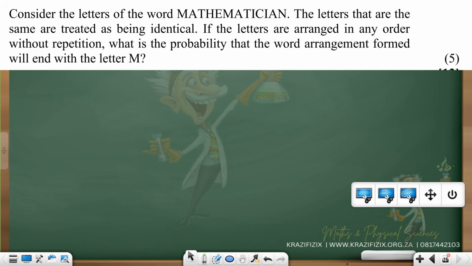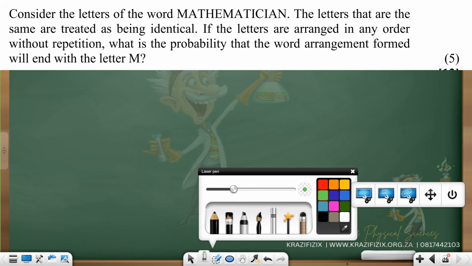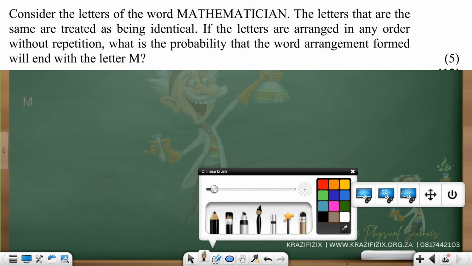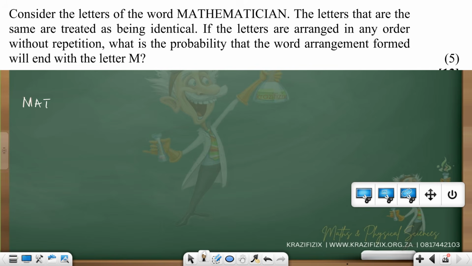Okay, quite tricky. But let me start first. Let me do so many questions on this. If I just give you the word mathematician, how many possible arrangements? I'm not answering the question yet. I want to do the basic one. How many letters do we have here? Mathematician: 1, 2, 3, 4, 5, 6, 7, 8, 9, 10, 11, 12, 13. So this will be 13 factorial over